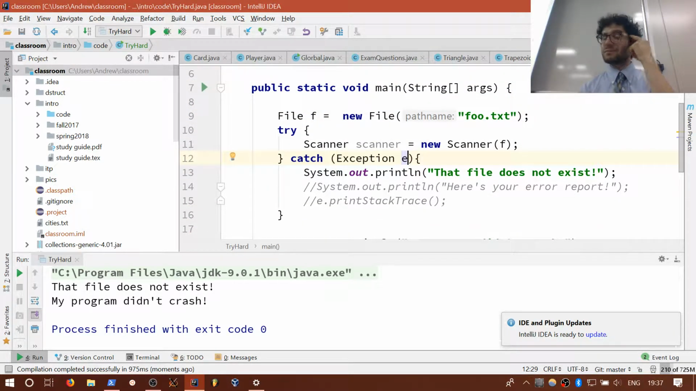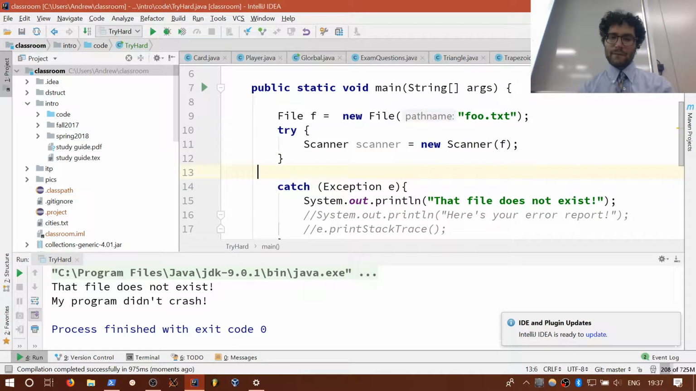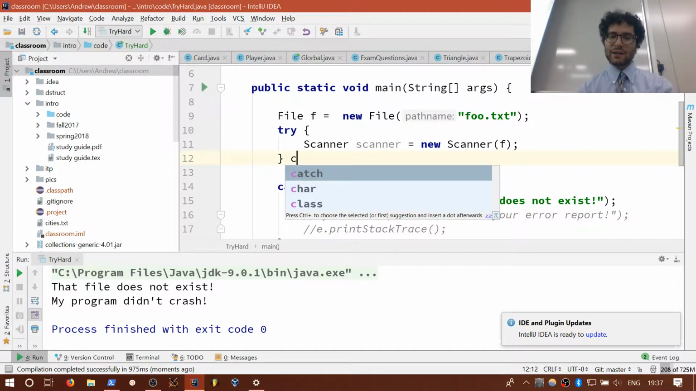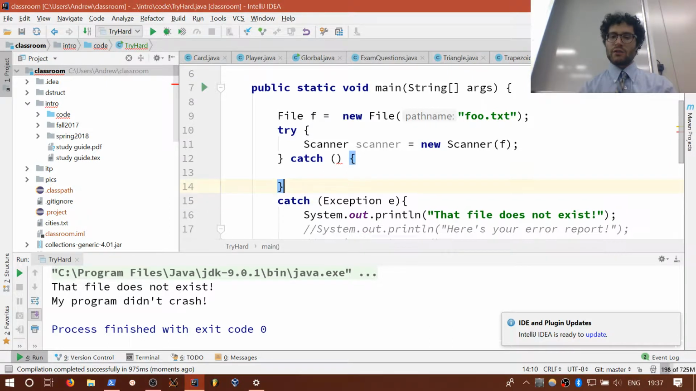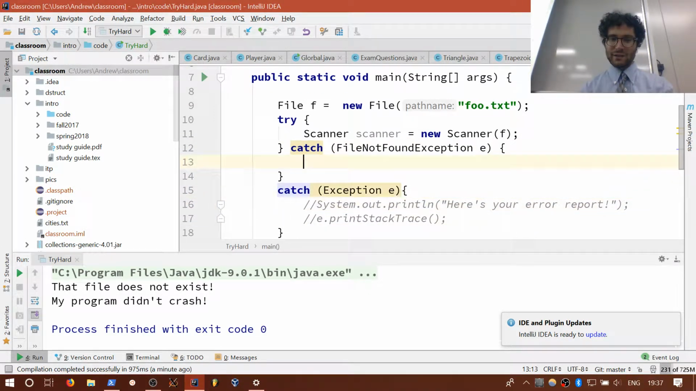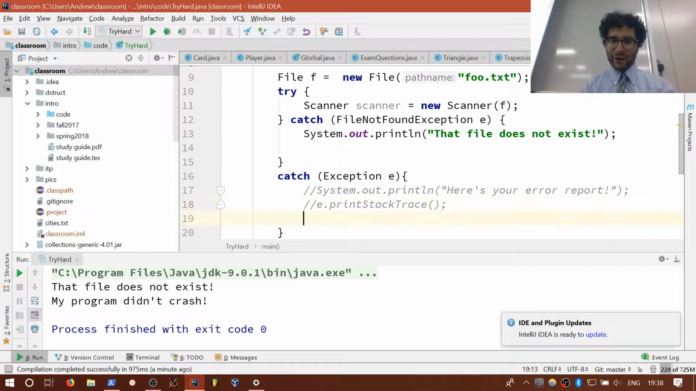Yes. How many catch statements can we create? You can catch as many as you want. You can have multiple catch statements, right? The first one you probably want to be the most specific because it will check the catch statements in order. So here I was catching any exception that could happen. Here on this block, I'm going to specifically catch the FileNotFoundException e. So I'm going to move this up over to here, and then if some other exception happens,